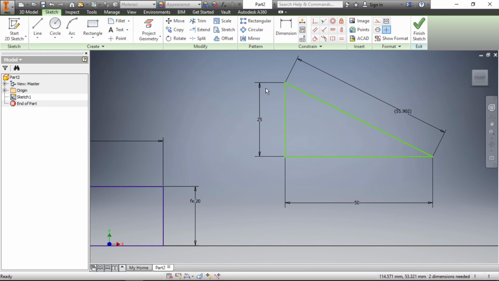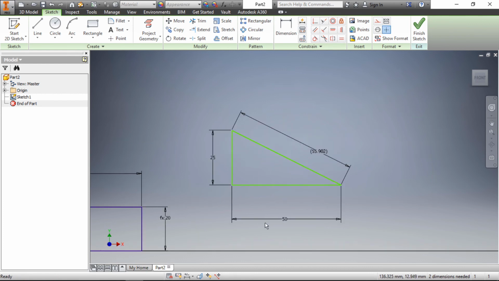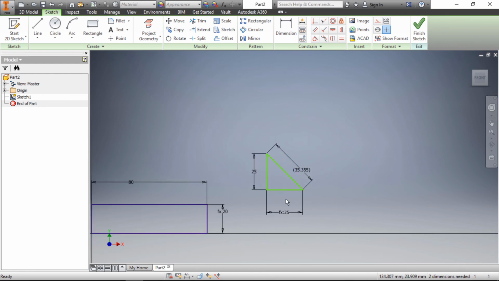Same way, change the parameter here. Double click on 25. Go to here, and I will rename this parameter as height. Make equal to, and enter. Just check. It was updated here. Edit dimension height. Now we will apply the relation here also. Just double click on this dimension and then select this dimension. Make OK. Then both dimensions become the same.